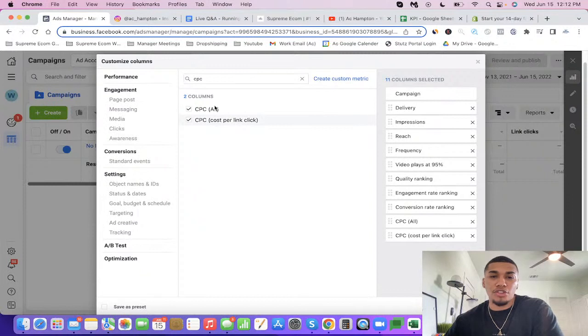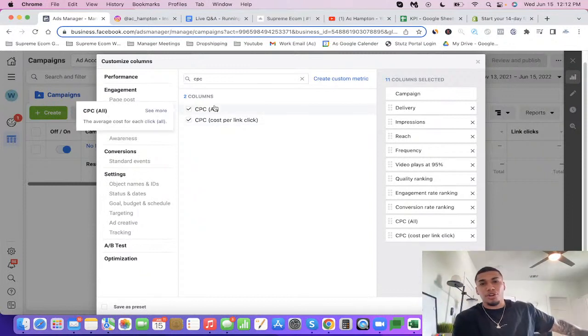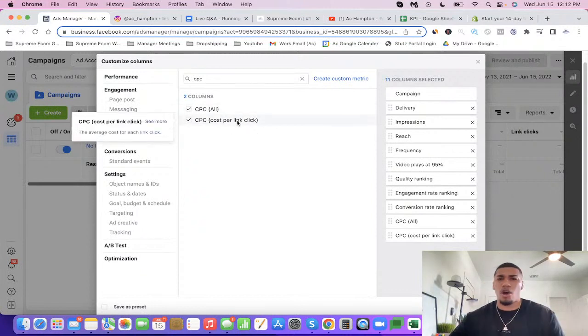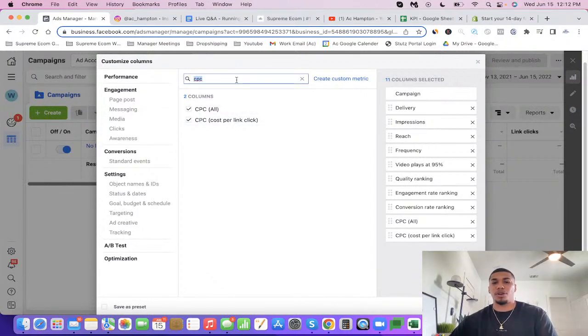So your cost per click all is going to be basically everything before they come to your website, and cost per link click is seeing how well your advertisement is actually convincing customers to come to your website, okay? So very important things. Now, next thing you want to do is you want to come over here